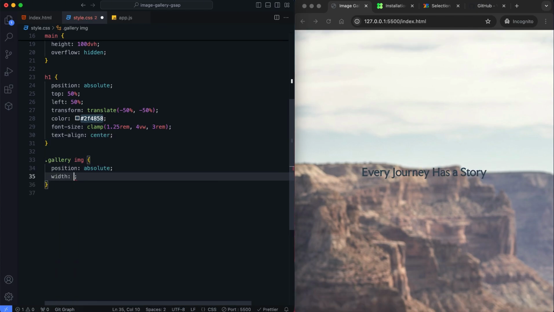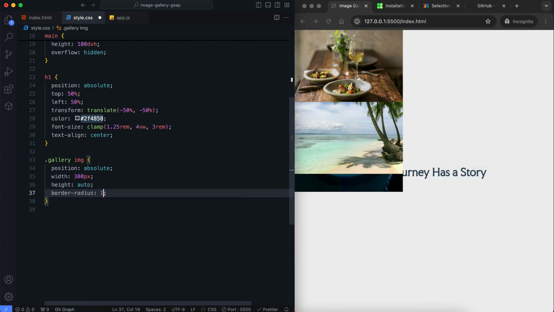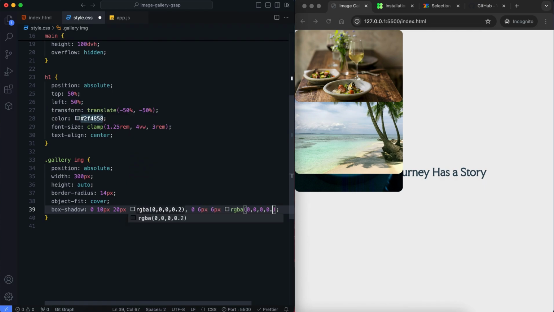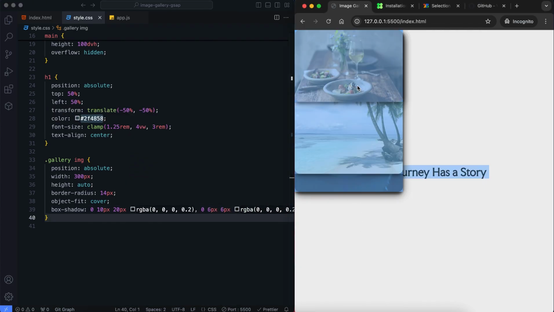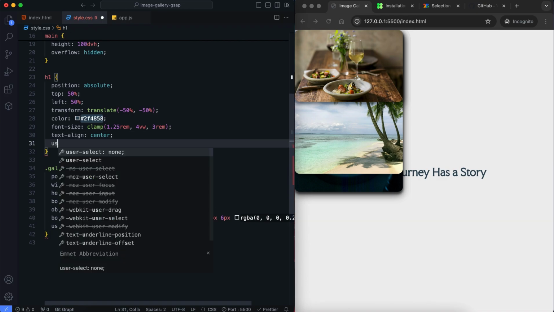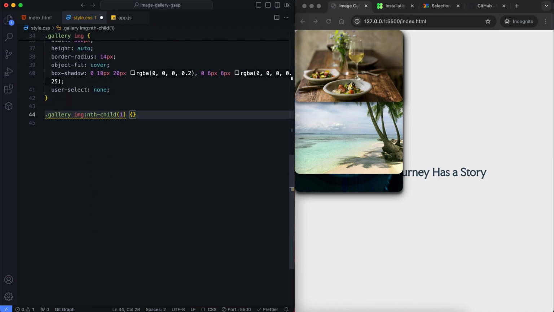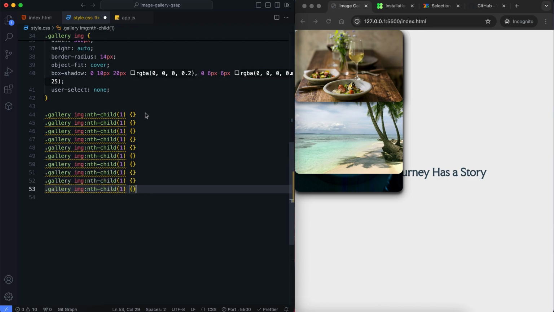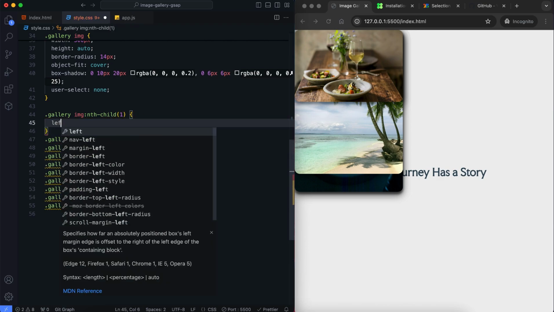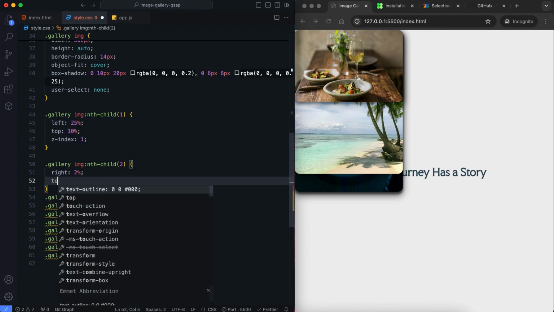Each image is styled with absolute position to be freely positioned anywhere on the screen. We assign unique positions to each one.